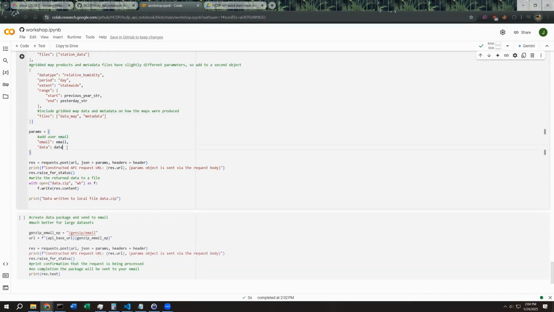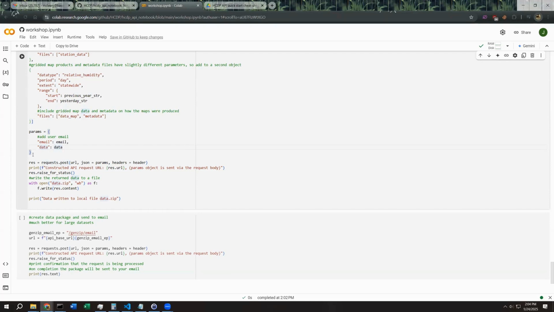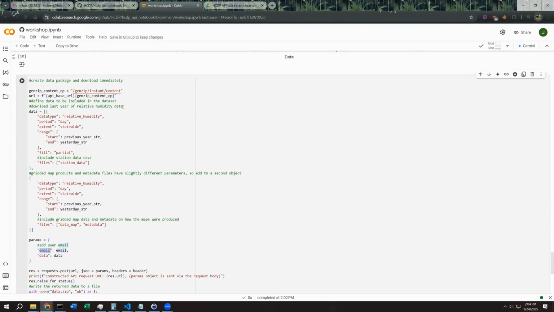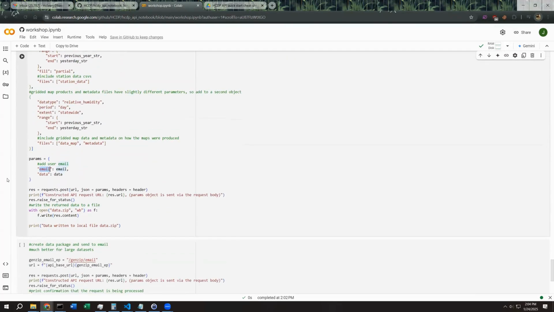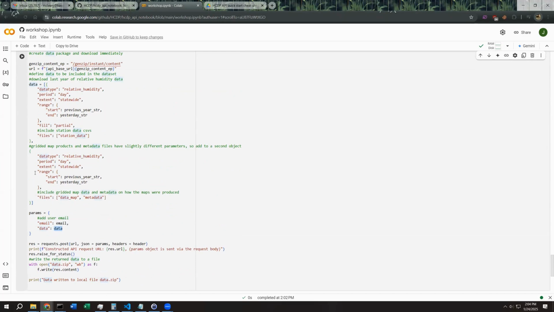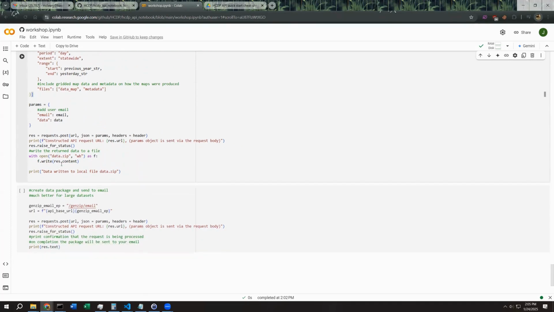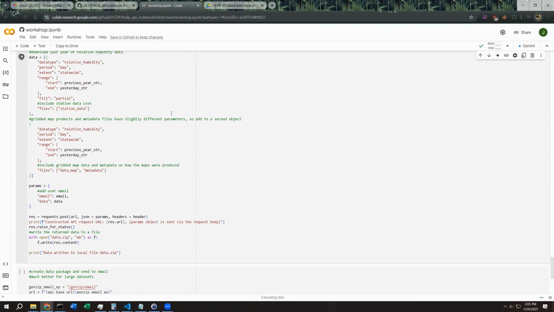So the parameters are, this is a post request that we're performing. So this is going to actually be the request body. We have to put our email address, and for this one, because it's not sending it to an email, this is just for logging purposes. And then the data, which is what data we want to download. You can also add other objects in here. This is an array, so you can download as many definitions of different data sets and time periods as you want at once. And then it'll save it to data.zip. So if we run that,